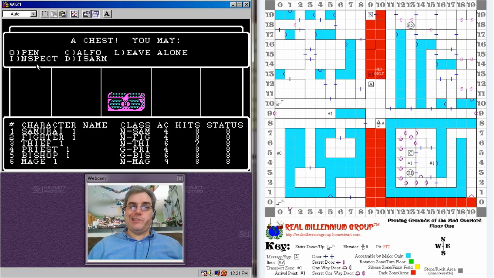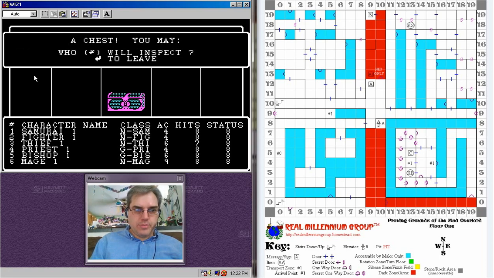Uh-oh. A chest. So now it's time to inspect. Sometimes you'll just get gold and weapons outright. Most of the time will be a chest, so inspect. Who will inspect? Our thief. Okay, so he thinks it's a stunner. Somehow I doubt it's stunner. So we'll have him inspect again. The more you inspect, the greater the potential danger of setting off whatever trap it happens to be. You already looked.